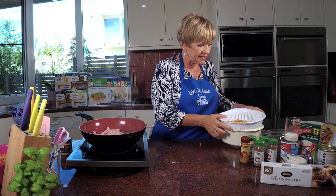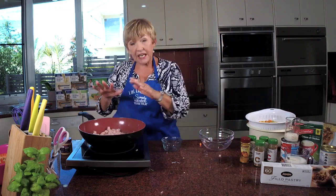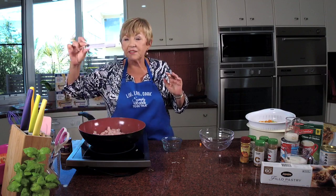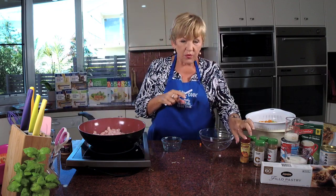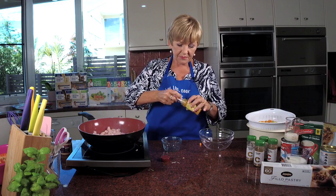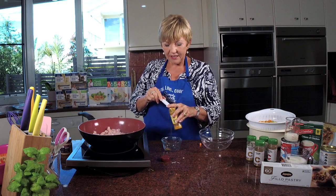So there's our veggies ready. So now, while this is cooking, I'm going to let that cook for a little bit. I'm not going to rush it by turning it. Let's get our measure spoon, and we're going to now put in the spices to make this amazing flavoured curry. So first of all, we start with a teaspoon of turmeric. And this will give it that lovely colour that we love